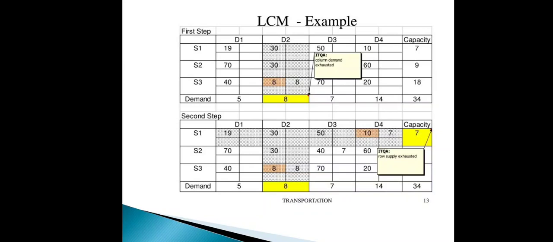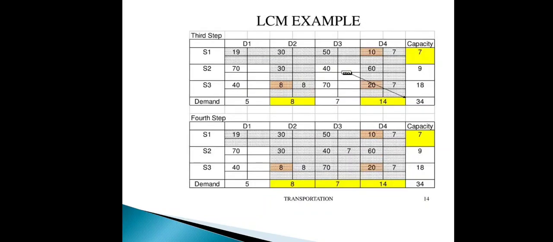Now we have only 2 rows and 3 columns. Next we again check the least value in the problem. 20 is the least value. 20 occurs in third row fourth column. So we take that particular cell. Again we check capacity and demand. Now capacity is only 10 and demand is 7. So 7 is minimum, and we put 7 in that cell. We cancel it: 10 minus 7 leaves 3. Now demand is 0, so we cross off the fourth column.